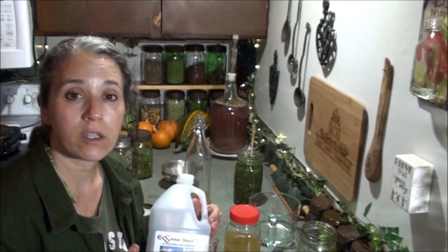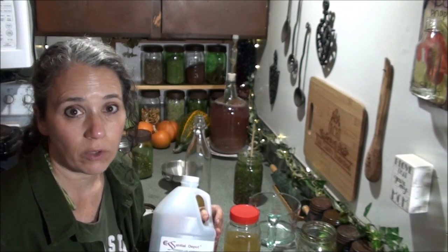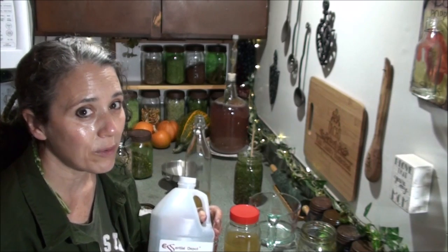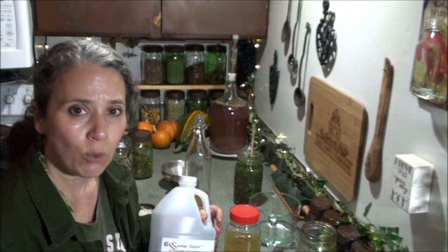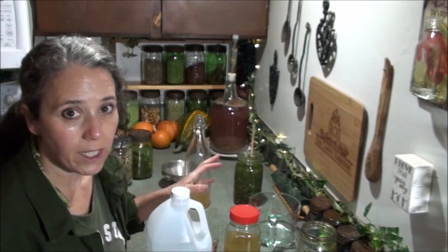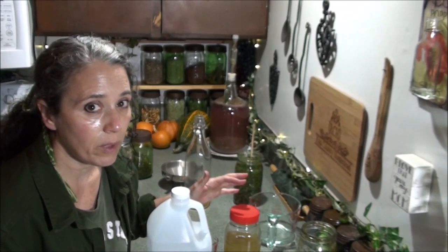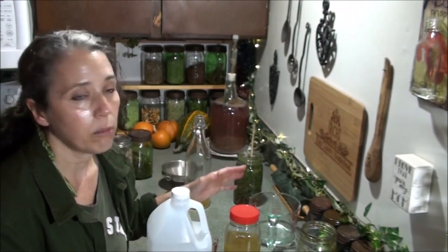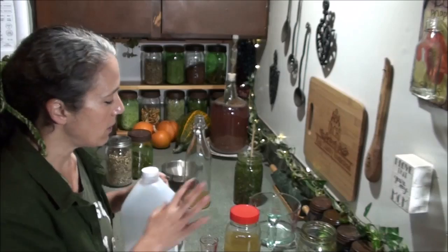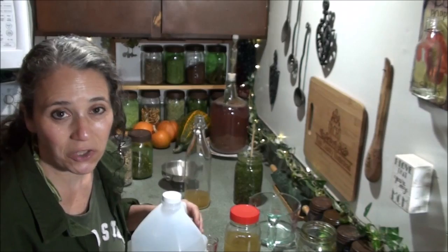Now the nice thing about the glycerin is it will give it a sweet flavor, and that will be more palatable to children especially. Or you can even consider doing a blend of the glycerin with the vinegar, which is what I was thinking about doing this time. However, what I'm trying to look at doing more and more is going with the most sustainable way that I can make extracts and tinctures, and that is by using anything I can grow in my own garden and anything that I can make myself, such as the vinegar or the homemade wine and things like that. And so this is the most sustainable way for us to do it, but the tastier way is going to